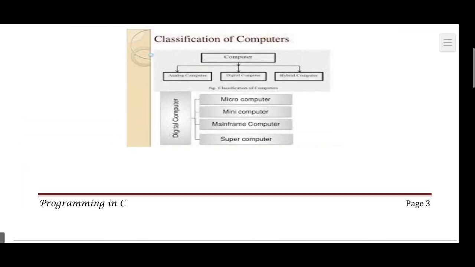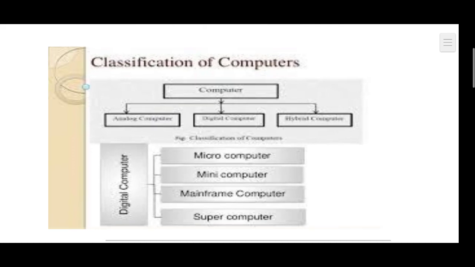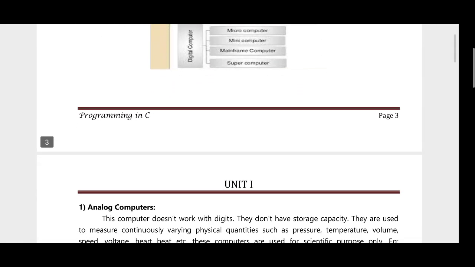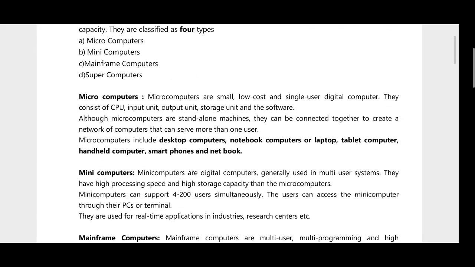In the classification of computers, here we have analog computers, digital computers, and hybrid computers. In digital computers, you have microcomputer, minicomputer, mainframe computers, and supercomputer. This is the classification of computers. Here, analog computers